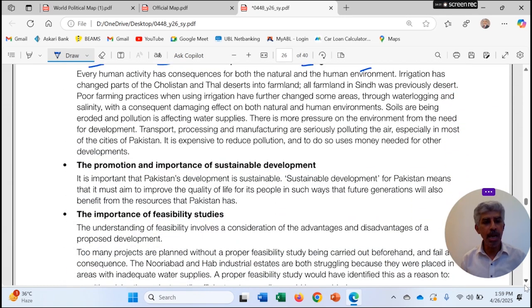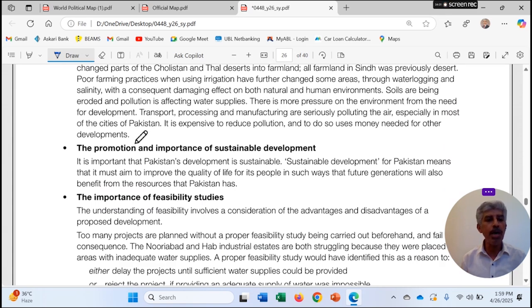Next, the promotion and importance of sustainable development. If we are able to conserve our environment as given in the upper point, and we are moving smoothly, how important will it be to inculcate sustainable development in Pakistan? The promotion and importance of sustainability is really very important. We are supposed to develop the factor of sustainability among the people and in all fields of development, like agriculture, industry, power sources, mining, forest, minerals, climate, and the overall environment of Pakistan. So this is how it will move on.